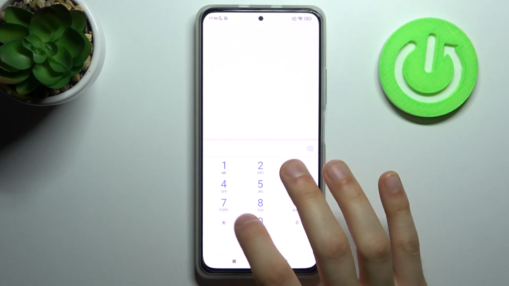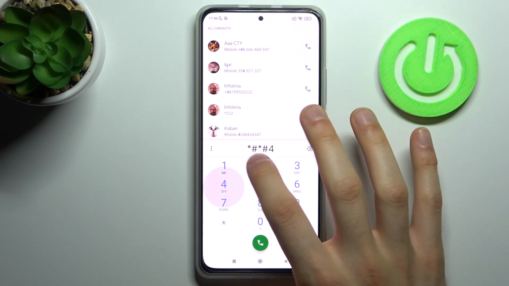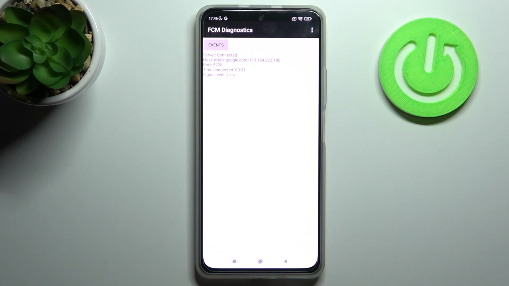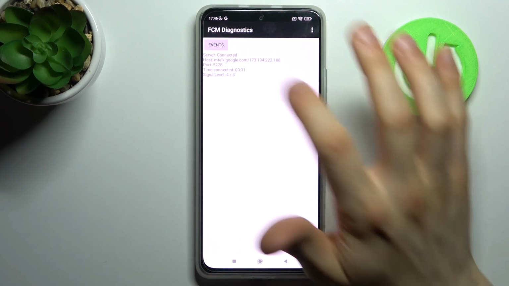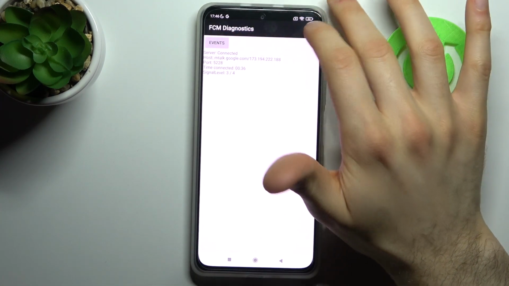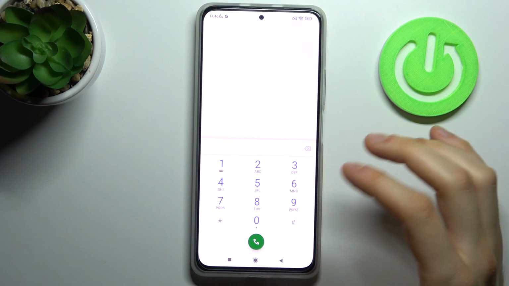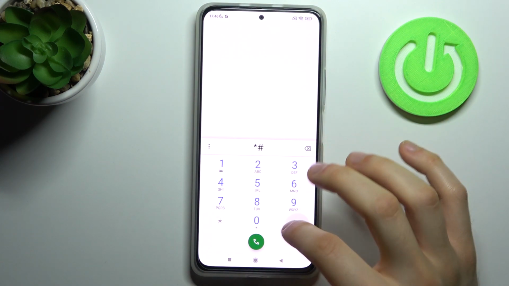The next code will be *##426 ###, and this is the code for the Fcm Diagnostics Menu. Here you can display some other informations too. Very useful, I guess. The next code will be